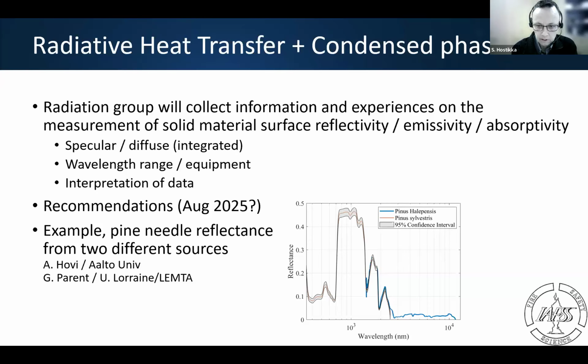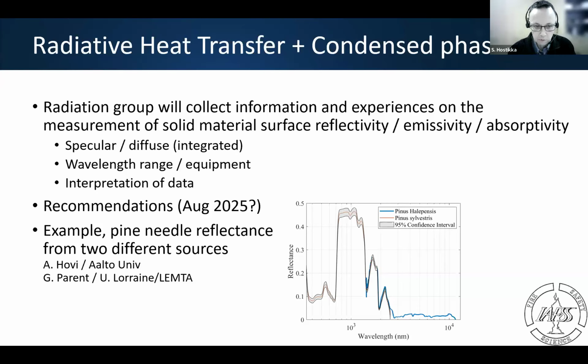And the figure over here is just an example of how we started to look at, for example, if we take data from two sources, here two groups, one in our university, Arne Hovi, and then Gilles Parent from the University of Lorraine, they had measured pine needles, different pine species, different wavelength range, different equipment, but still we see that these data basically perfectly overlap over the wavelength range where the equipment's range overlaps.